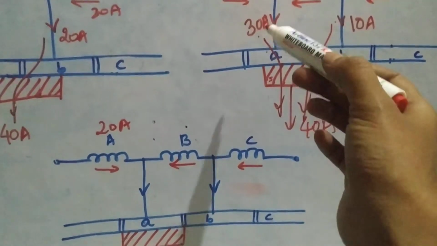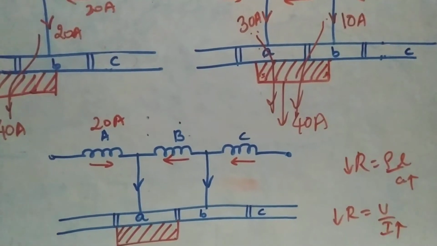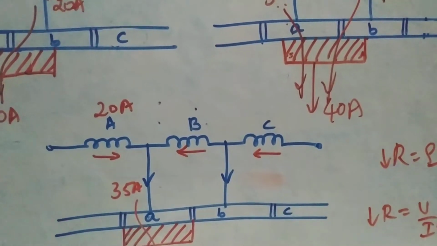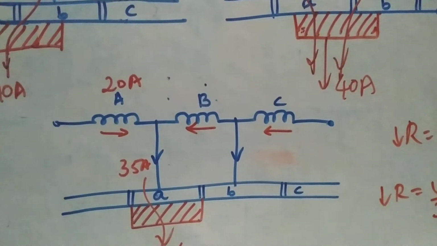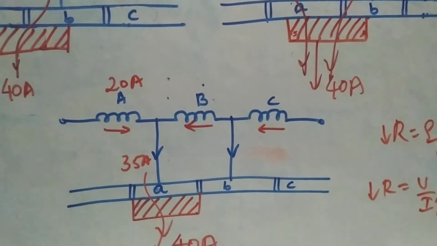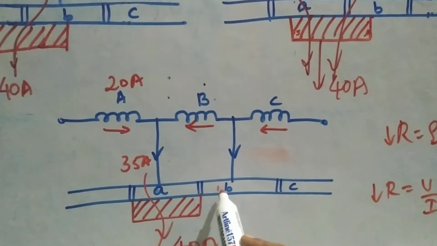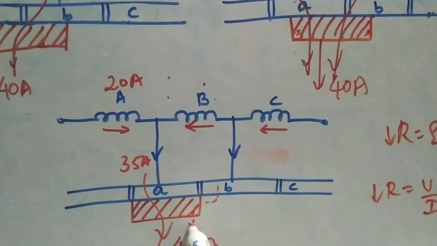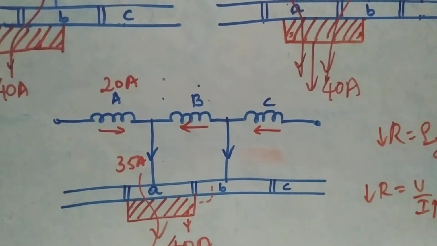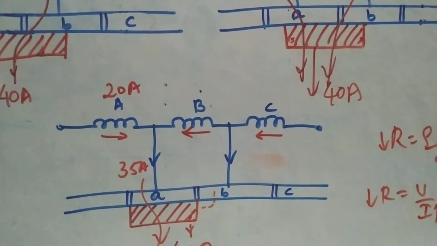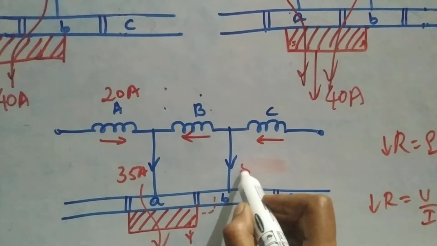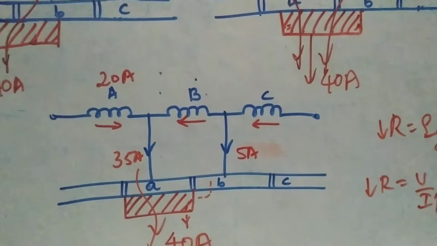So you will find the current 30 amperes. Let us increase it by a few amperes, so it may go to 35 amperes. So 35 amperes of current will be flowing. But still I want the current carried by the brush to be 40 amps. So what will be the remaining current when it is getting shifted from this point to this point? There will be a jump directly from segment B to the brush through air. So it is going to produce some spark. Here the remaining amount of current will be 5 amperes.